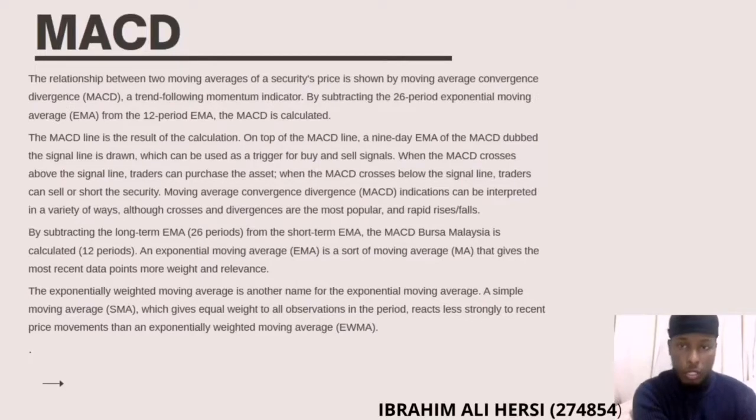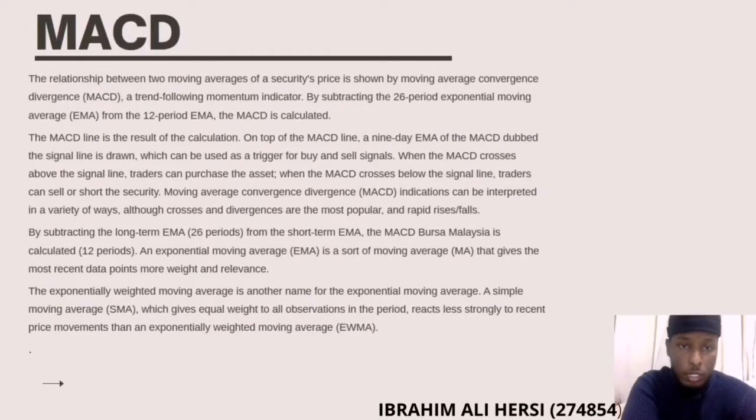I'm going to be talking right now about the MACD, which is the moving average convergence divergence. The relationship between two moving averages of a security's price is shown by moving average convergence divergence, a trend-following momentum indicator. By subtracting the 26-period exponential moving average (EMA) from the 12-period EMA, the MACD is calculated. The MACD line is the result of the calculation. On top of the MACD line, a 9-day EMA of the MACD, dubbed the signal line, is drawn,